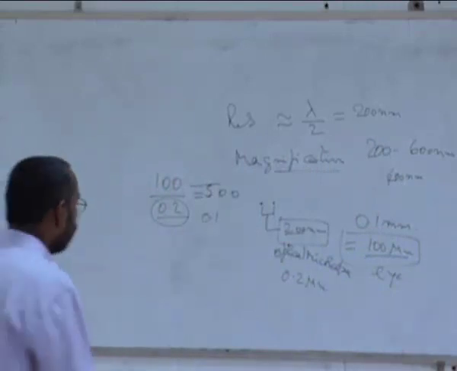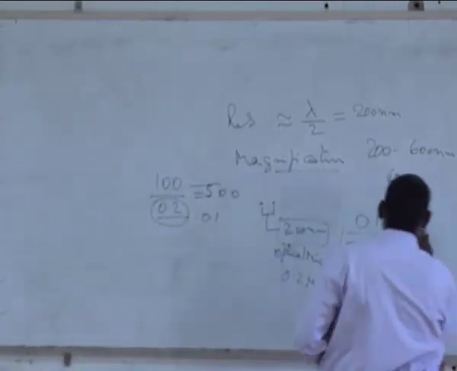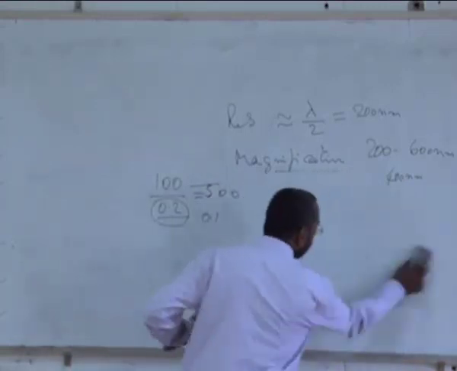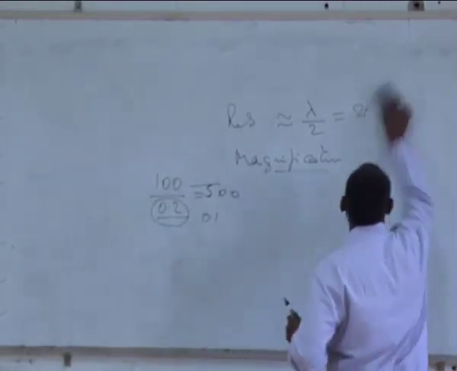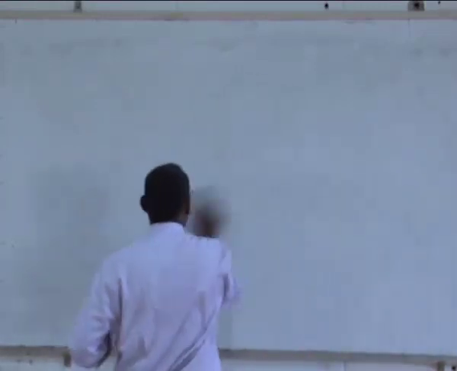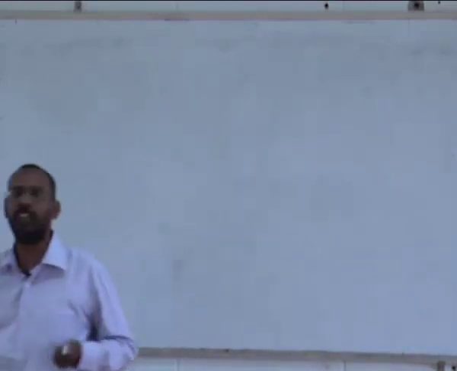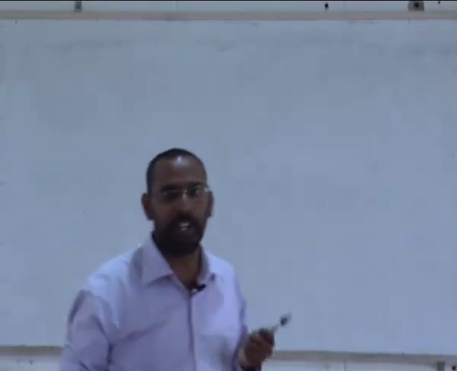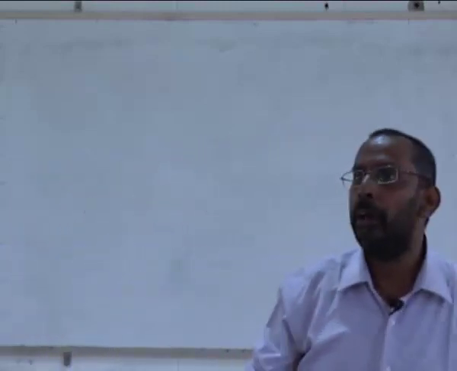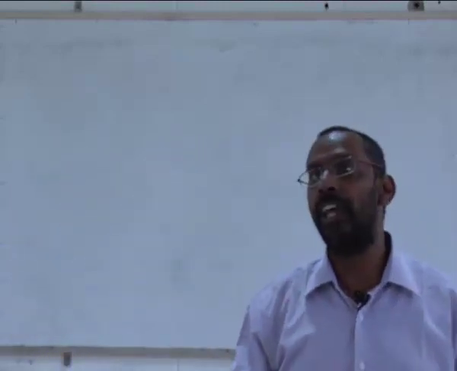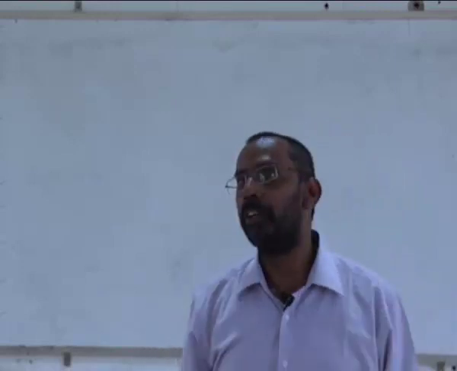Now let's jump into our objective of going to a higher resolution. We want to go to a higher resolution because we know there are so many small features that we are interested in. I want to see precipitates inside a precipitation hardened alloy, which are very fine, maybe 20 nanometers, 10 nanometers and things like that.